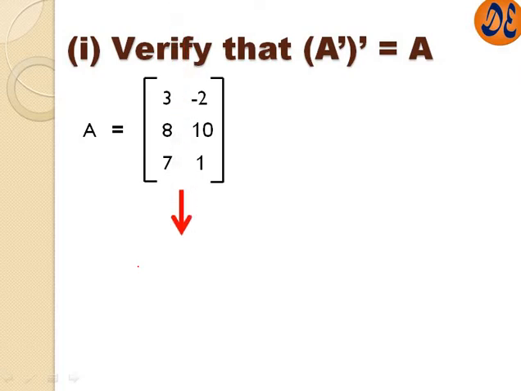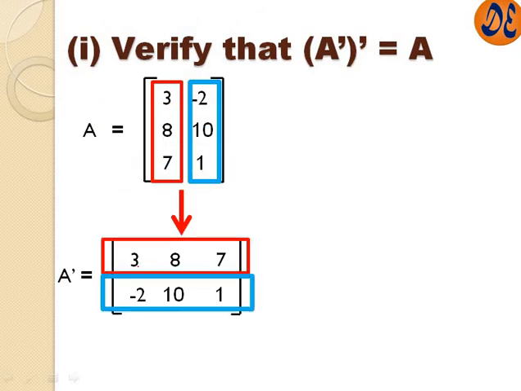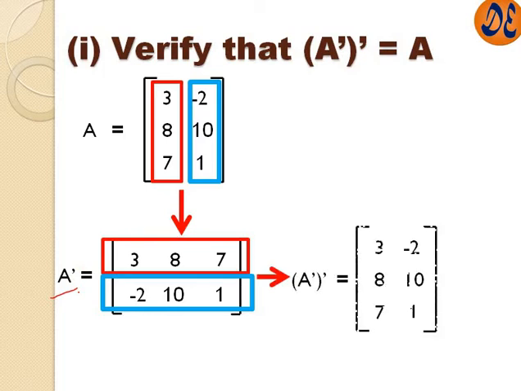Here we have a matrix A, then if we transpose it, it becomes, now how it is transposed, you can see easily, the columns are becoming the rows. Now here it is transpose of A. Now if we transpose it again, what happens? Check it out. Again you see what is happening.